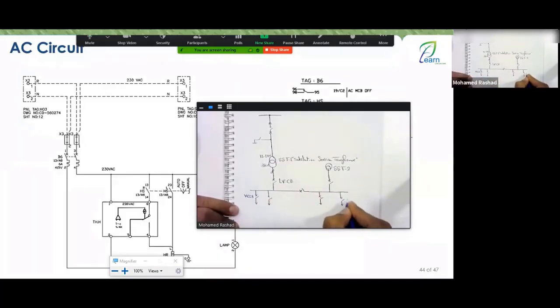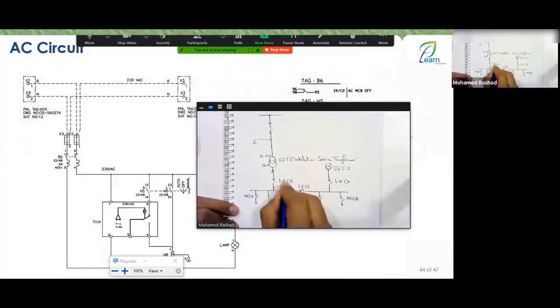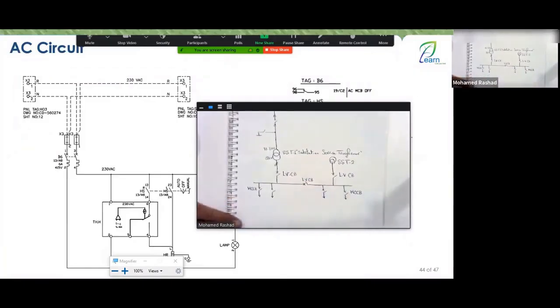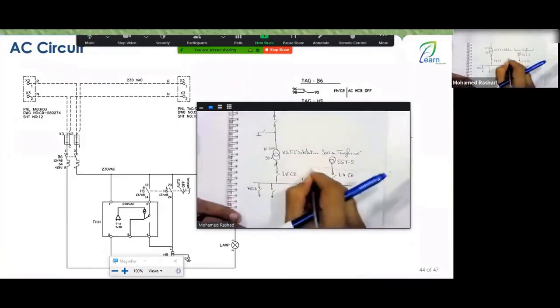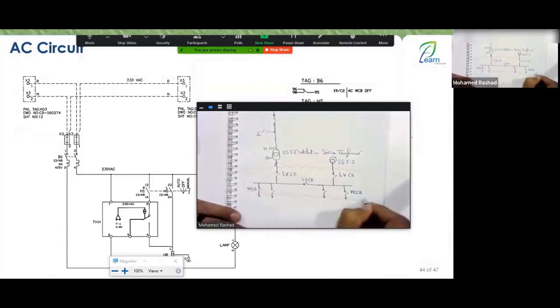In this manner, of course, this is an MCCB, as I explained to you, and this is a low voltage circuit breaker, and this is also a low voltage circuit breaker. This is a circuit breaker. This is a molded case circuit breaker, all right? So you have this part, engineer, this part here, we call it